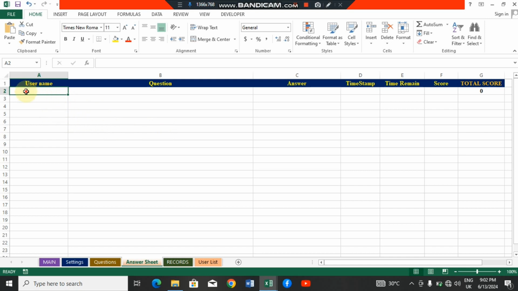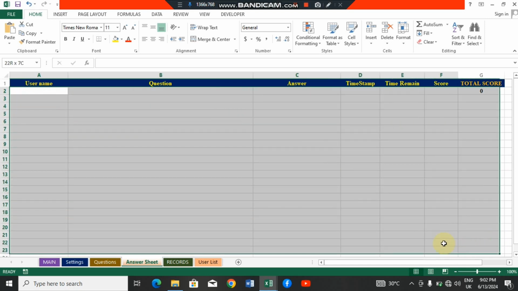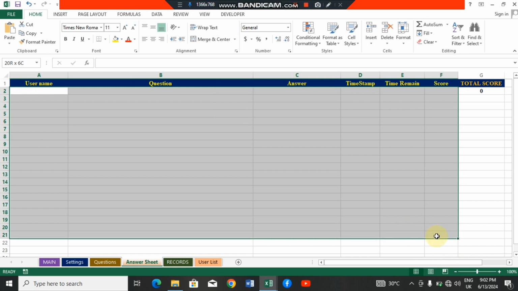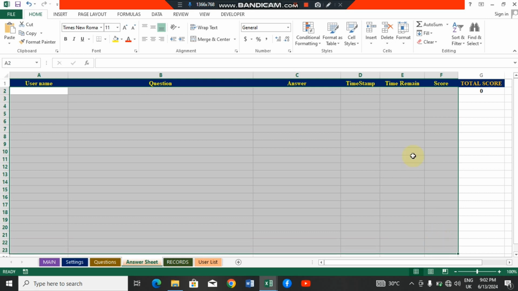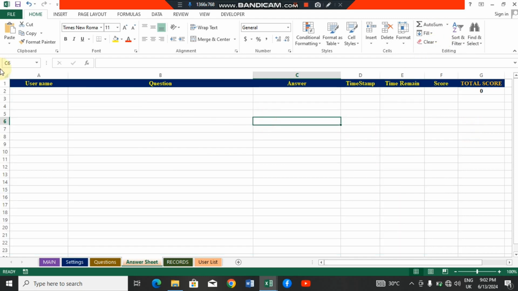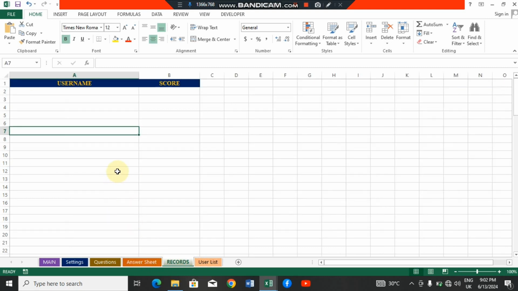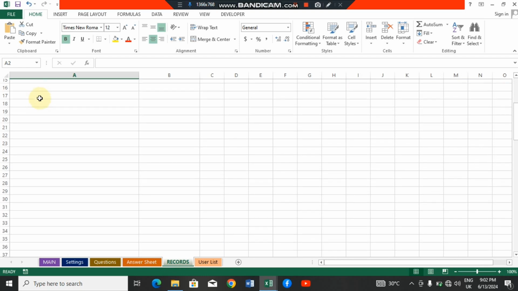How do I mean? Just like I highlighted the other time, you highlight everything up to this score. Don't highlight the total score, please. It will deactivate the formula. You highlight everything up to this score, and then you click on clear content. So this place will be empty again for the new students to attempt the question. That's when you will be able to allow another student. And so you might want to ask me, the previous student, how do we now see the record of the score? It is under records here.